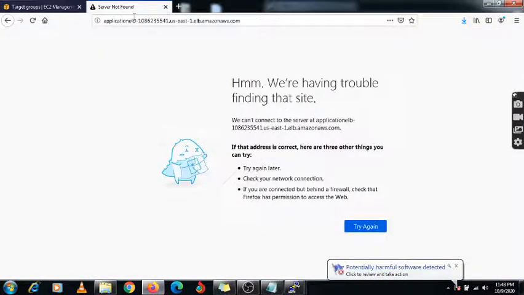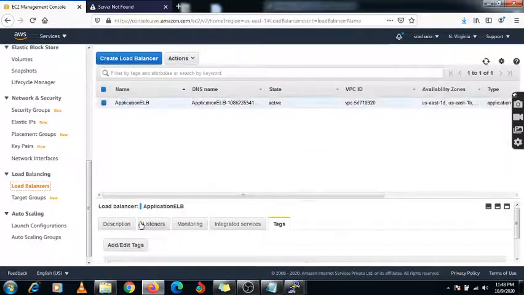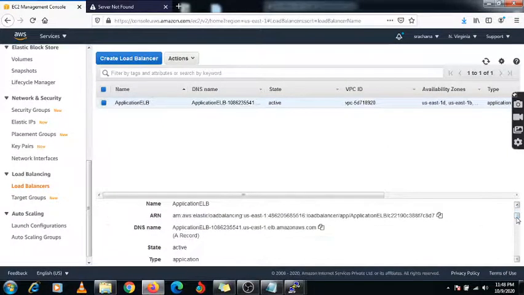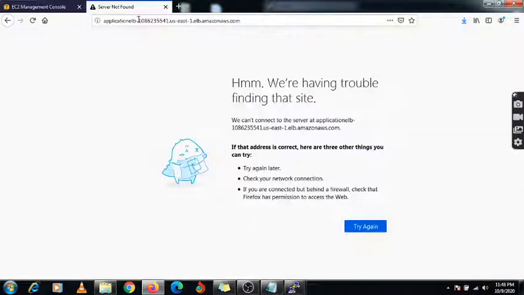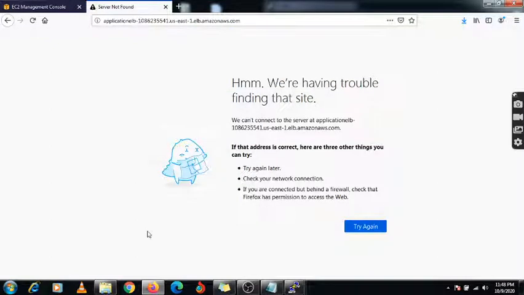Now you need to check whether this link is working or not. Okay, I need to select this load balancer again. Under this description, you need to copy your DNS name and paste it again. Let's see if it is working or not.